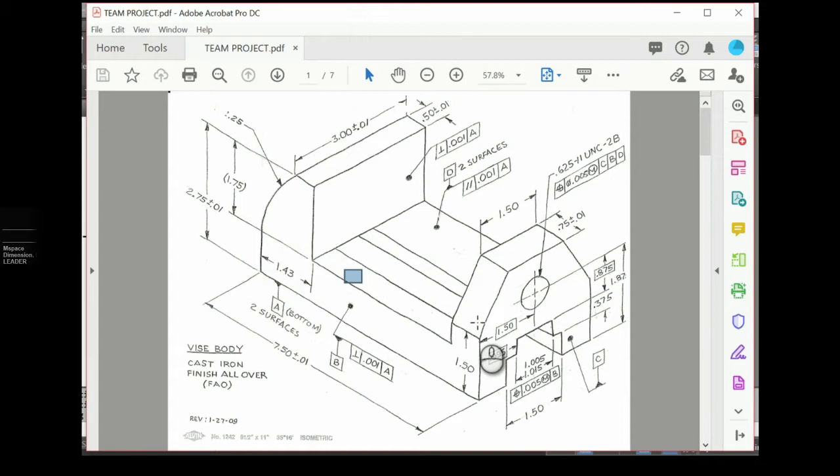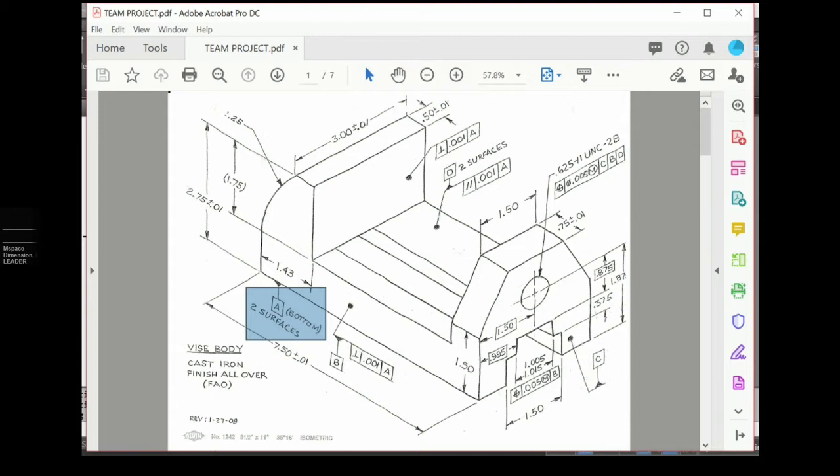so if we look at datum surface A, which is two surfaces, that surface appears as an edge in the front view, and it appears as two edges in the right side view. And since it is a coplanar datum, meaning made up of multiple planes, it makes sense that the best choice to place that datum callout would be the view where I see the two edges, which would be the right side view.